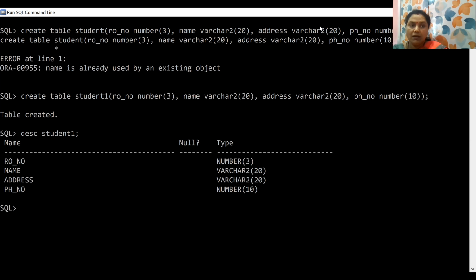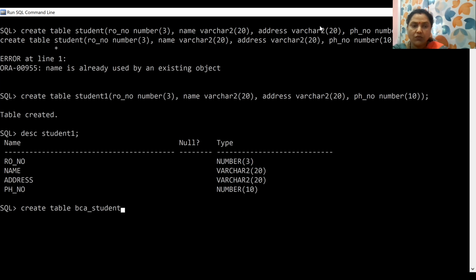Got it? We have also used another construct of create table, that is, using a table we can create another table. The contents of the table will be copied for creating another table. You can use create table. Suppose you want to create BCA student, BCA underscore student.